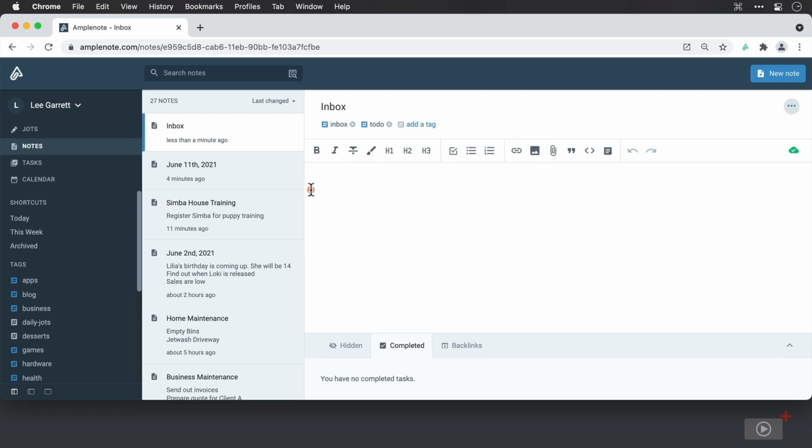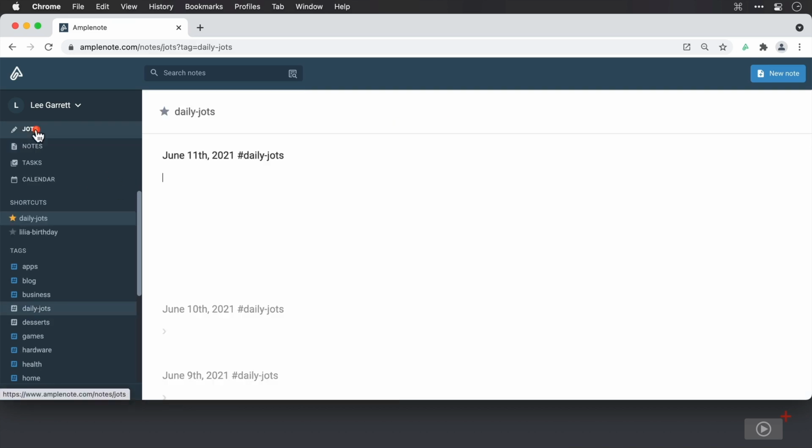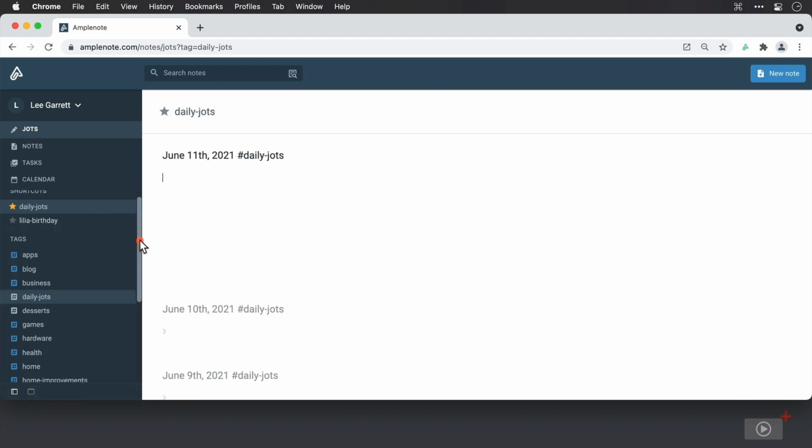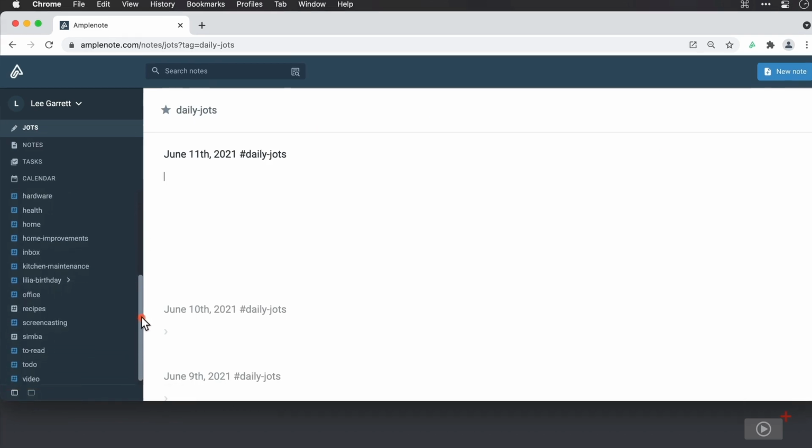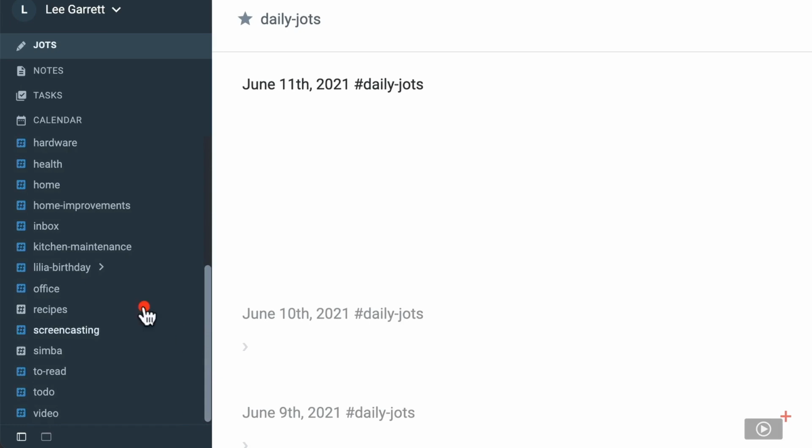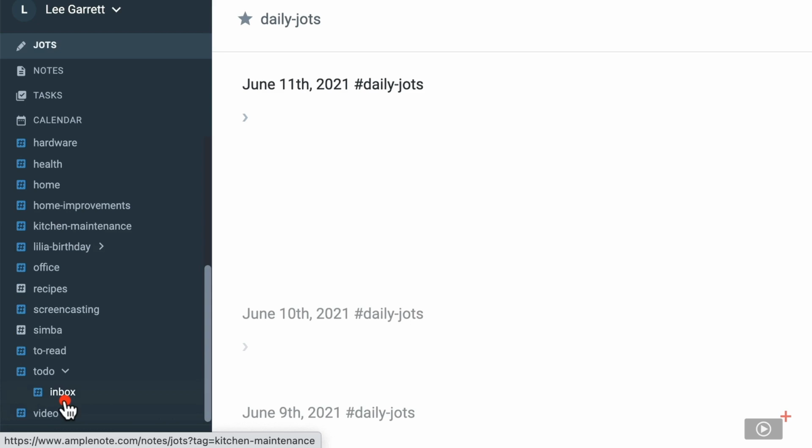Next, I'm going to come back across to the Jots section that displays all of my tags down here. And what I want to do is I want to see both inbox and to do here. Okay, now I've got them both in shot. I'm just going to drag, and I'm going to make the inbox a child tag of to do. Now, I don't have to do this particular bit, but it just makes things a lot more neat and logical